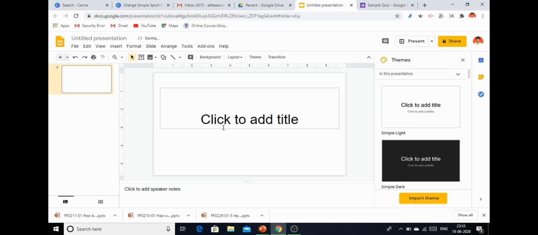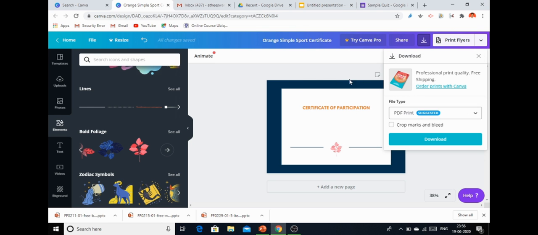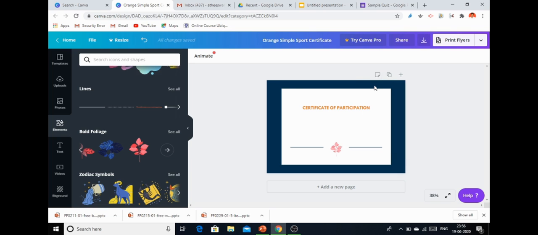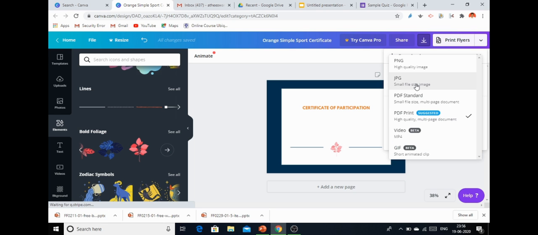So I delete all these options. I can select a border here by drawing, or I can insert an image. For example, you can use Canva. You are already familiar with Canva. So I am selecting a design in Canva here. For example, I have selected a design here and I can download. While downloading, you have to use the JPG image, not PDF, JPG image.